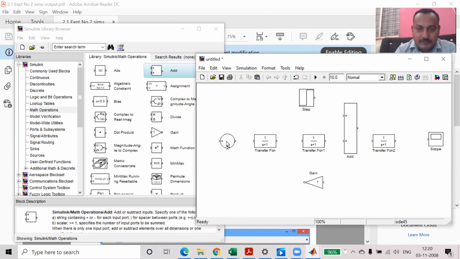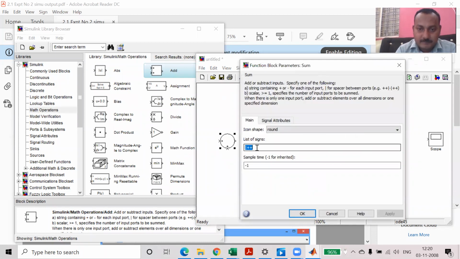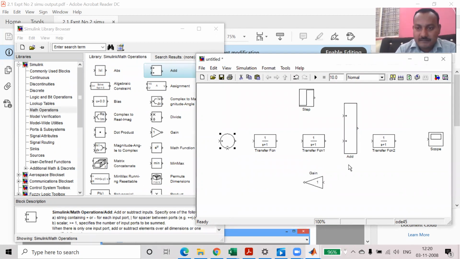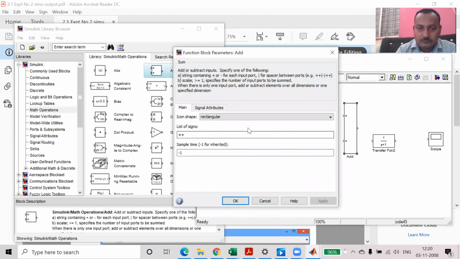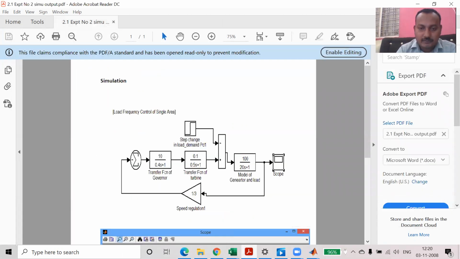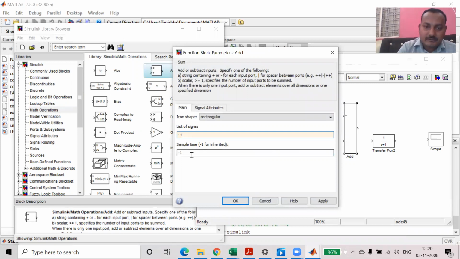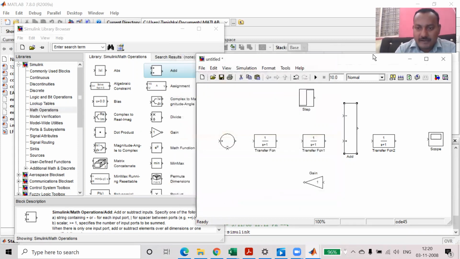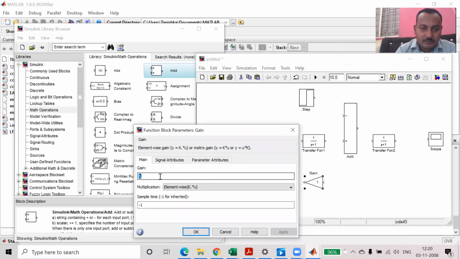Now this first summation box should be plus minus. So make the arrangement for plus and minus. Okay. Press OK. Then this one is also minus plus, because it is shown over here. I am showing once again. Upper is minus and plus, so it is minus and plus. It is not an adder, it is a subtractor. Okay. Then this gain is nothing but 1 by 3. 1 by 3. Press OK.